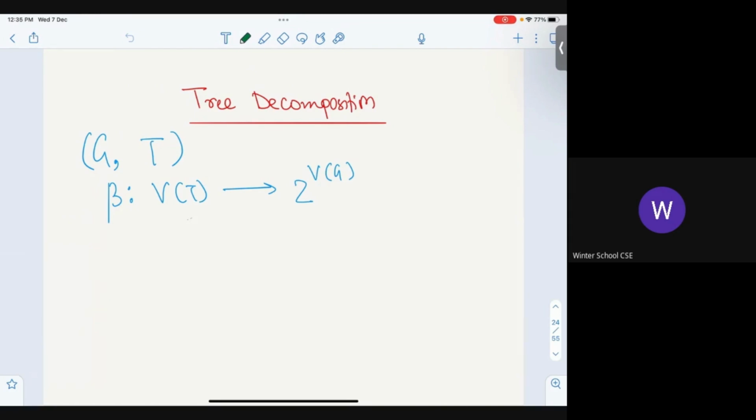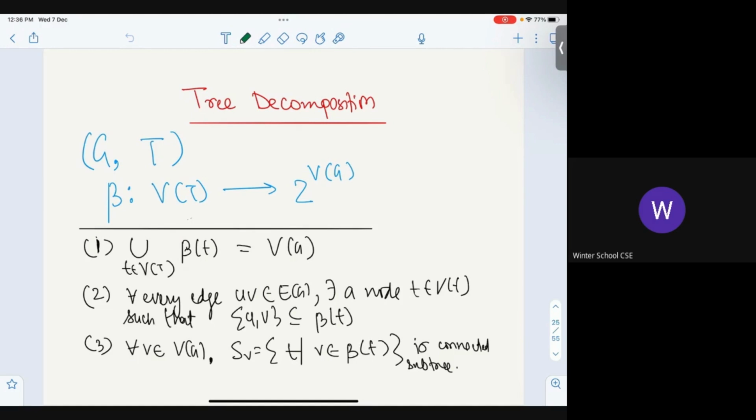So you had this, right? Beta of a vertex in T will be those vertices which are mapped to me. These are the vertices whose home is at me. So that is what is called a bag of a tree decomposition. What is a bag of the tree decomposition? I am a vertex or a node in a tree, and all those people who are mapped to me are the people I'm responsible for. So my congestion, my load, is because of these people. The vertices that provide load to a node in the tree are defined by the beta function. So it's like a reverse. Okay, so this is one property.